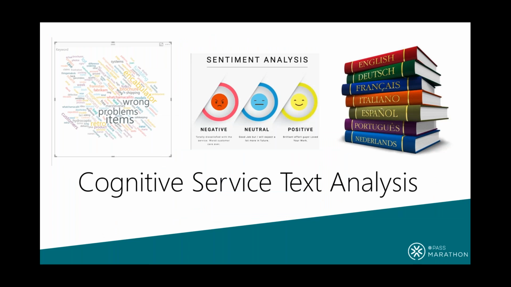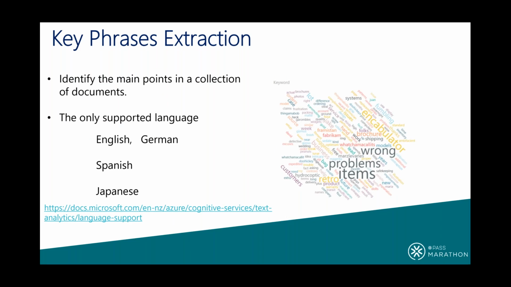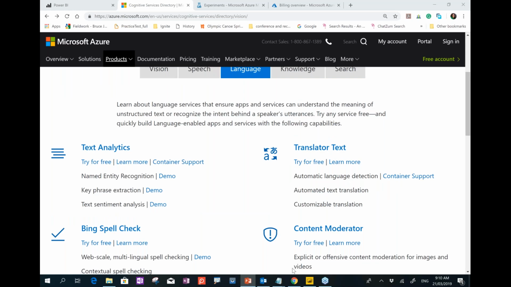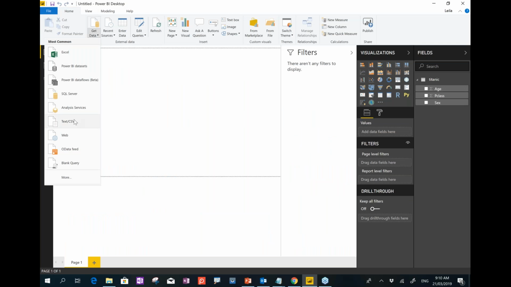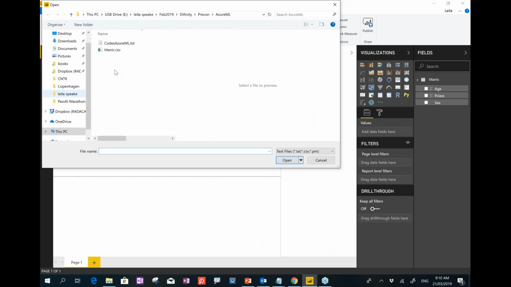Now we are going to use it. I'm going first to show you how we can use it for key phrase extraction. Our developer has a data set about company feedback. I'm going to bring that data set into my Power BI. This is for the Fabrikam company. I'm going to open it